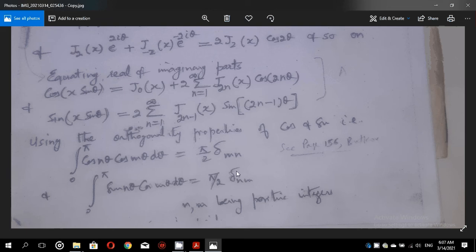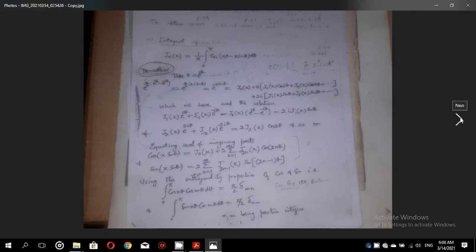So before we use these properties, we will multiply this equation with cos n theta and integrate from 0 to pi, and we will multiply this equation with sine n theta and integrate from 0 to pi, and what we get is